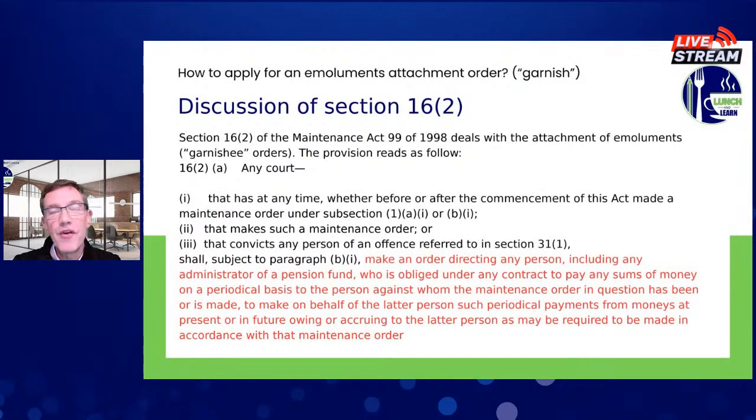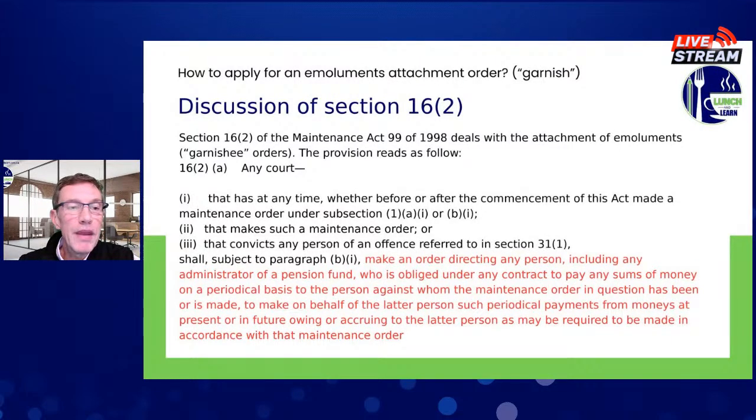Forget about arrears. If you think about arrears, you think about Section 28 with the provisions that allow you to get a garnishee order. But Section 16.2 of the Act deals with attachment of emoluments or garnishee orders, and it reads as follows. It says that any court that has at any time, whether before or after the commencement of this Act, made a maintenance order,